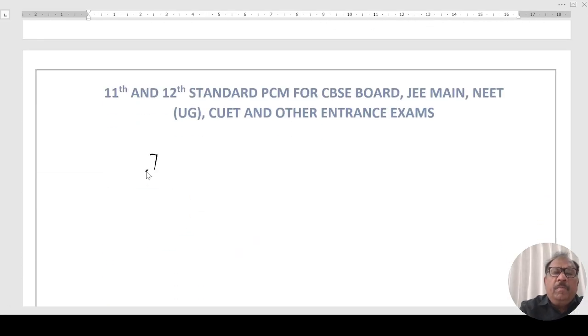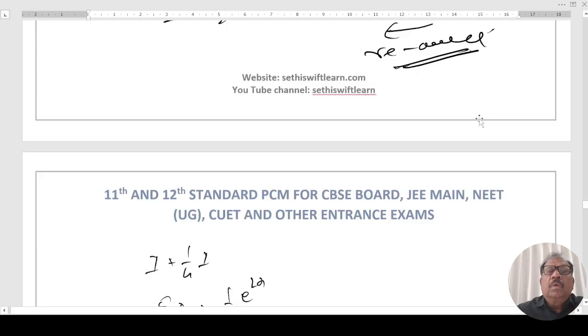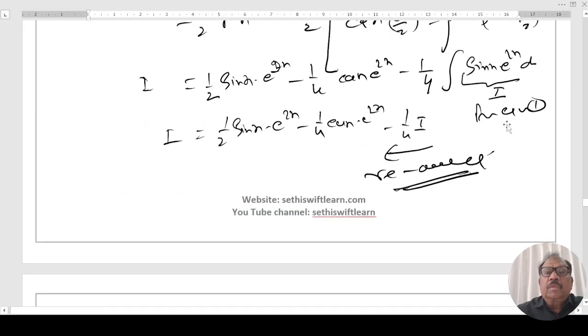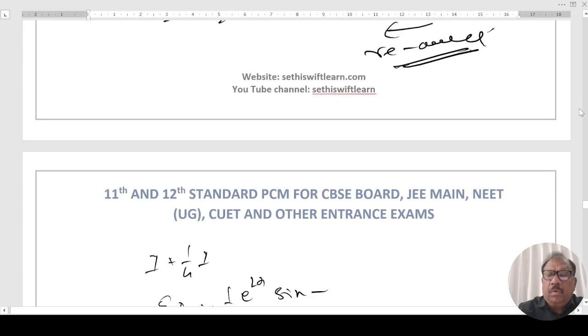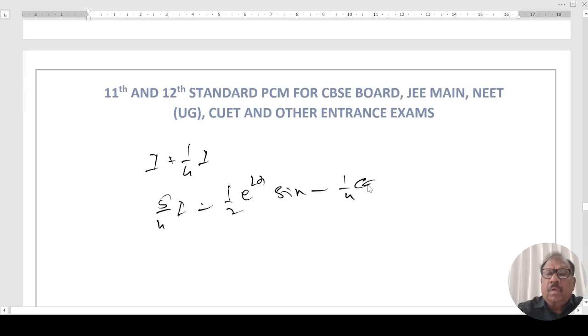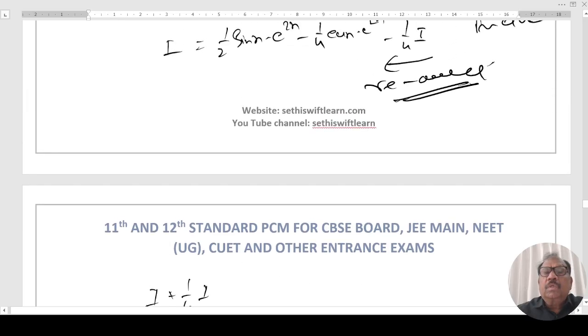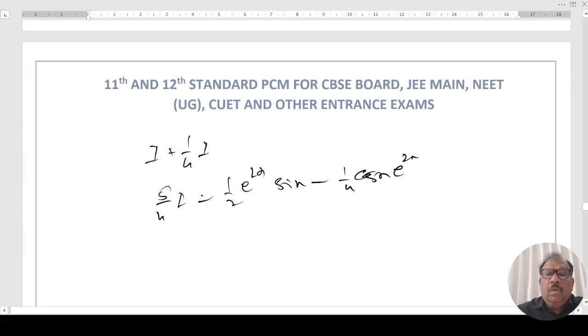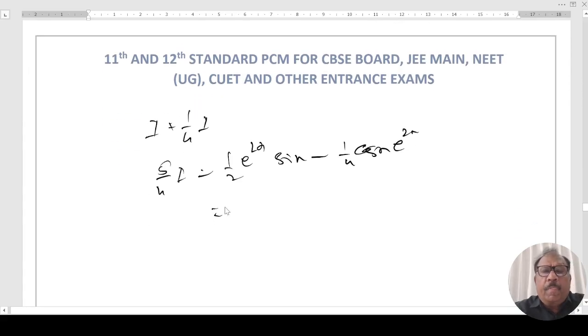This will become I plus 1 by 4 I, that is 5 by 4 I, equal to e to the power 2x into 1 by 2 sin x minus 1 by 4 cos x. तो सिंप्लीफाई कर दिया हमने,